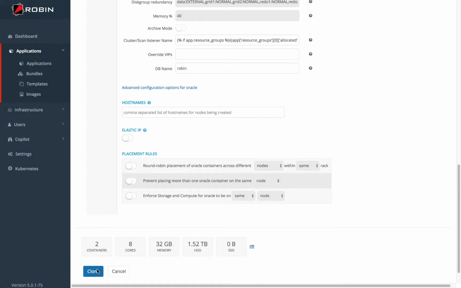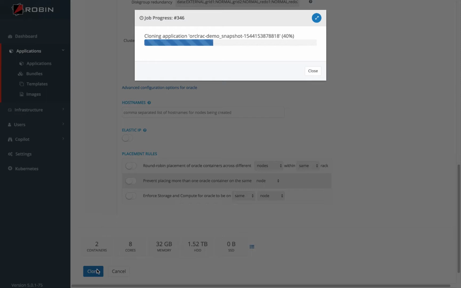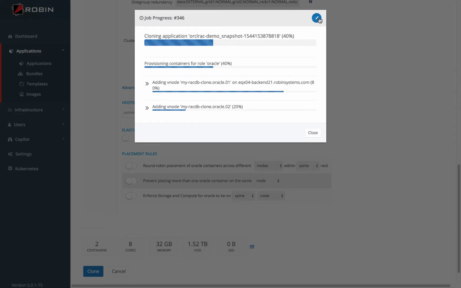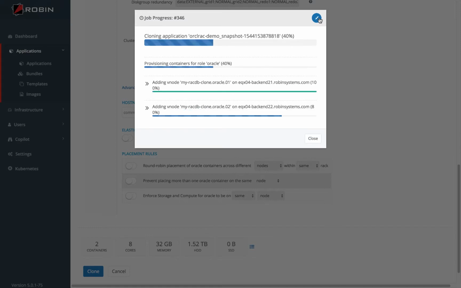Okay, so this takes a few minutes, and we can again take a look at some of the operations that are occurring behind the scenes with respect to deploying the application. It's relatively quick, and at this point we can close out this window,